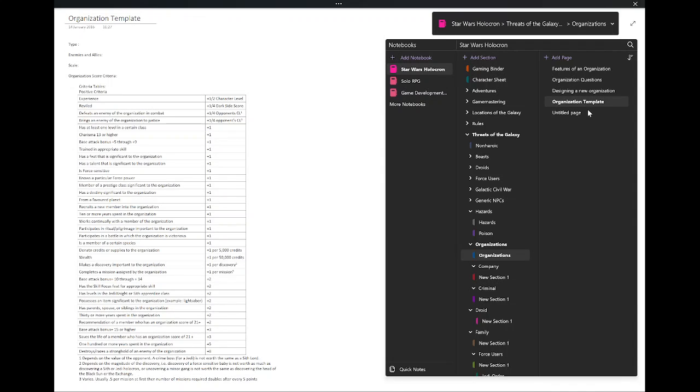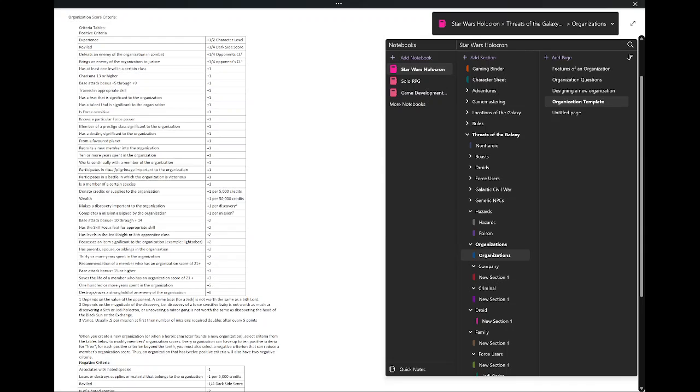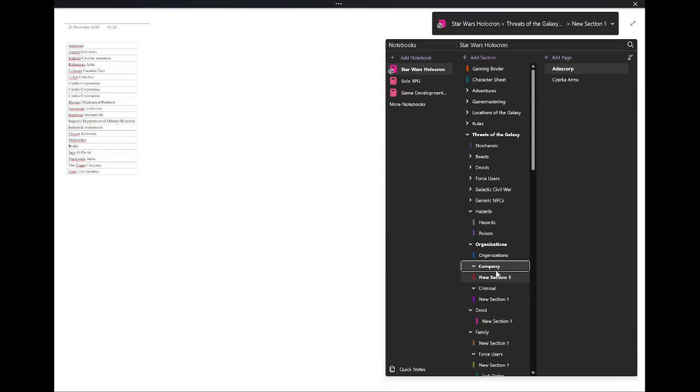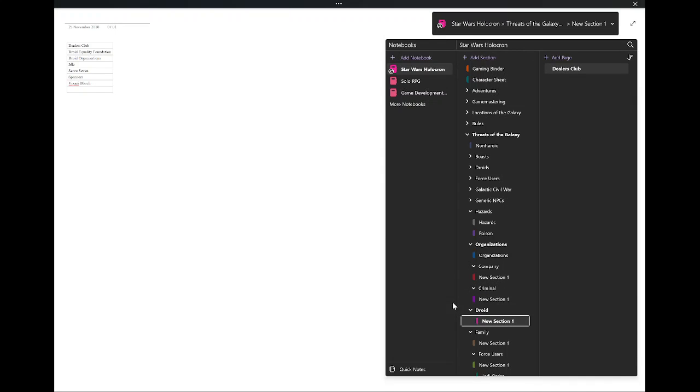I have a template that I like to use. I create templates for everything. Makes it much, much easier when I'm going back in to make something if I've already got the template ready to go. You know, companies are going to go under organizations, criminal organizations right there. You've got like the Black Sun, droid organization, the Dealers Club, different families, House Organa,